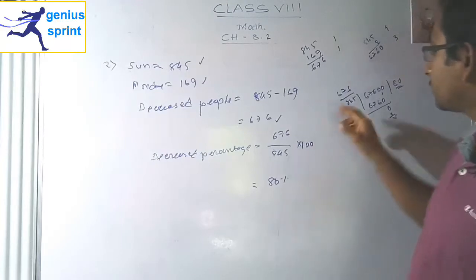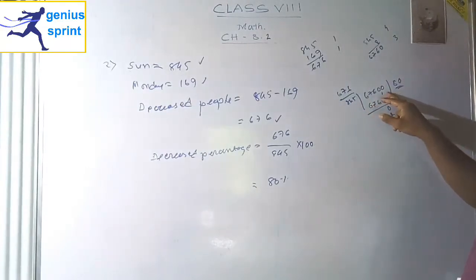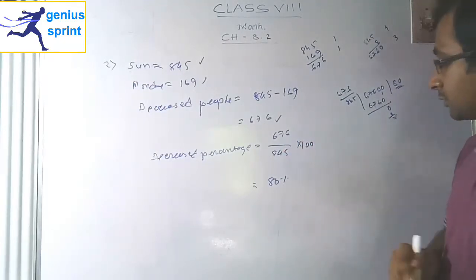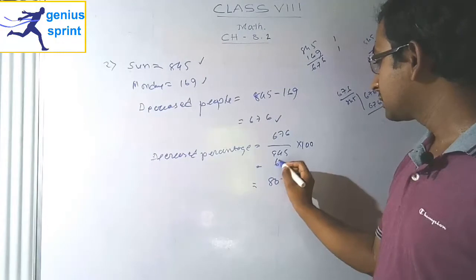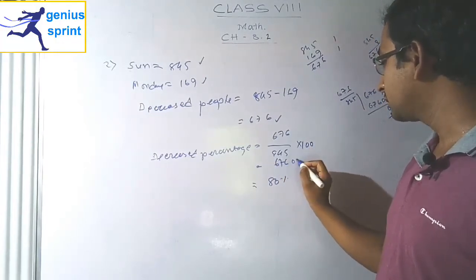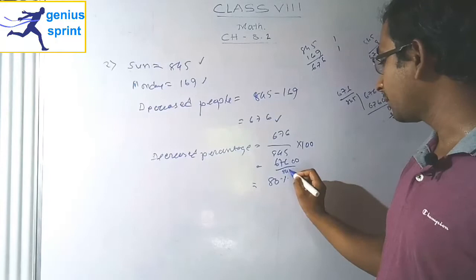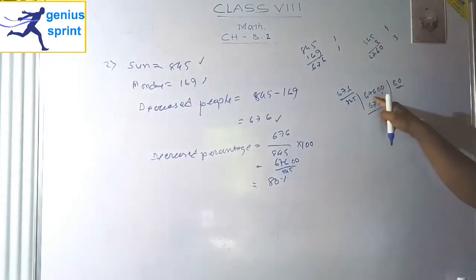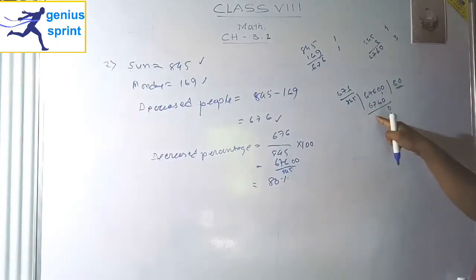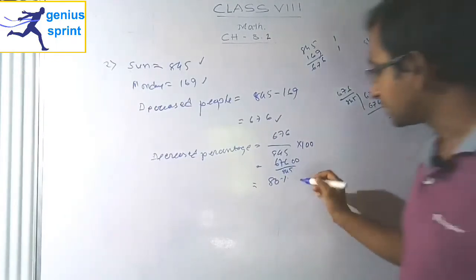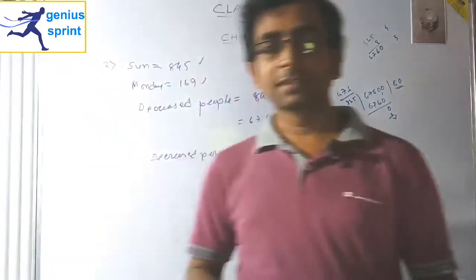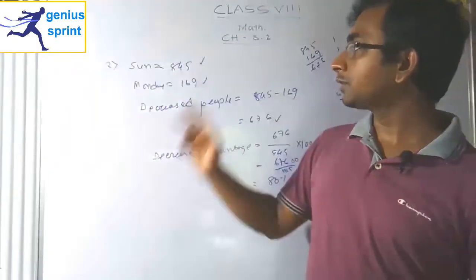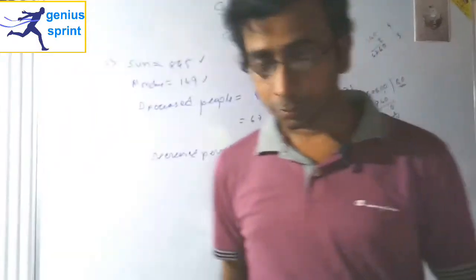So again I have to check it now. 676 then 00. If I multiply these numbers with 100, I will get 67600. Now divide 67600 by 845, and you will get 80. Yes, it is correct. So 80%. So here the answer is correct. 80% of people have been decreased from Sunday to Monday. As a result, 845 people is reduced to 169 people. Hope all of you understand these things.